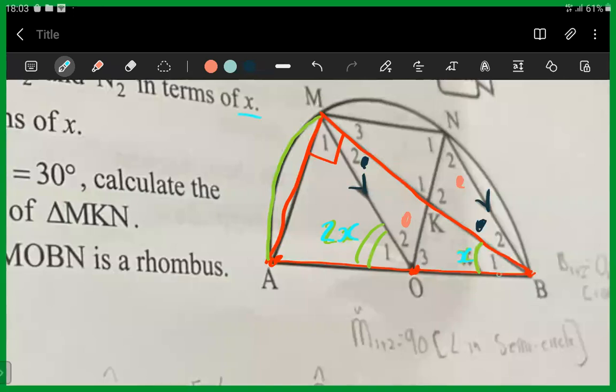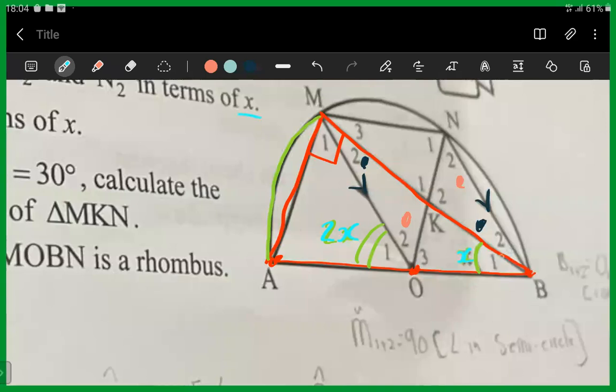So do you see we also have a cyclic quad here? Yeah, we actually also have a cyclic quad, which is AMNB. A, M, N, and B. It's a cyclic quad. So when you have a cyclic quad, that can be useful sometimes, but we don't have any zigzag lines in here. So we don't have angles subtended by the same chord. We just have, well, what we have